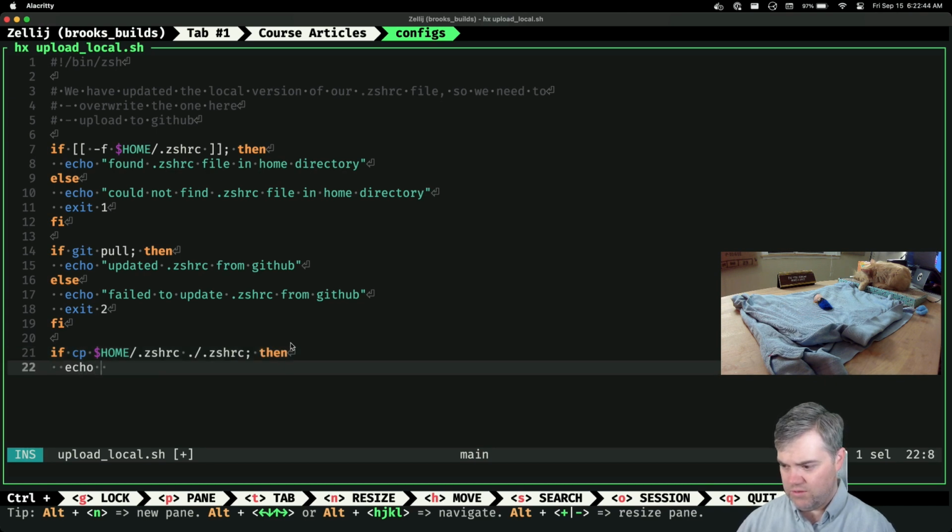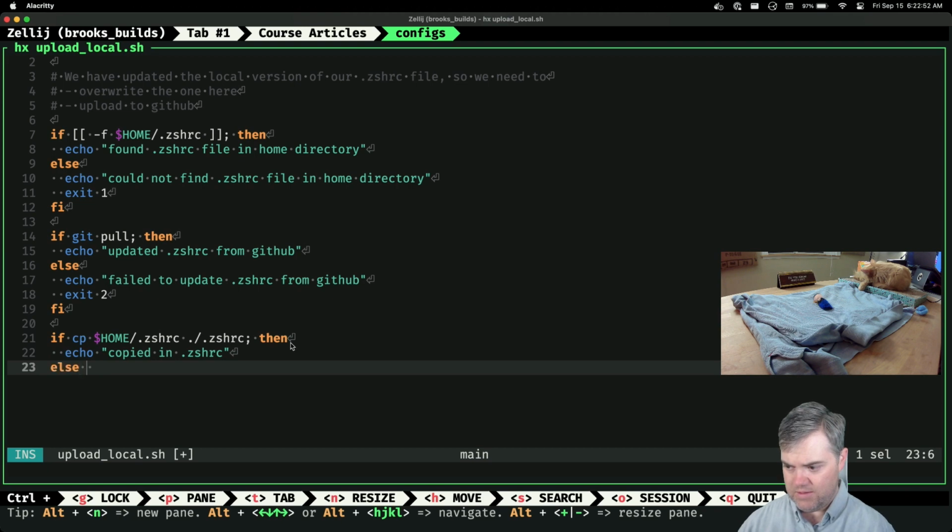We want to echo copied in .cshrc. I also can do a not, can I? I probably could do a not in there. I don't remember off the top of my head how to do that.